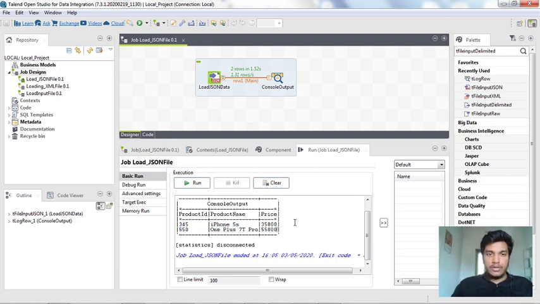So this is how you load the data from a JSON file in your local system into Talend Studio, and now this data can be loaded into databases, or you can use this output for sorting or for filtering, whatever it may be. All of this filtering and mapping of that particular data, sorting and filtering out duplicate rows, I will explain in further lectures.